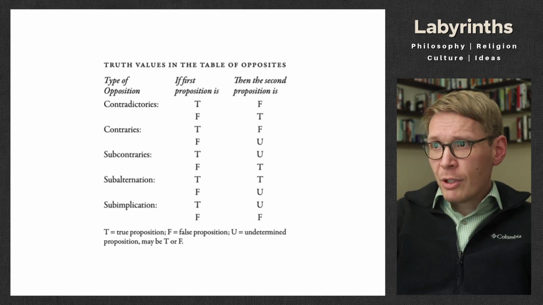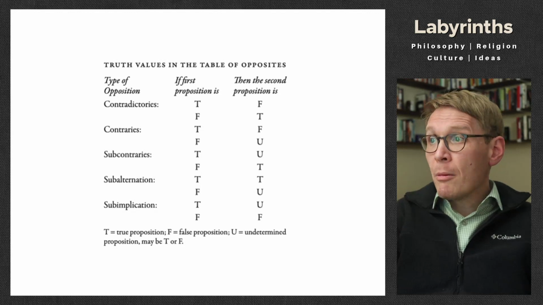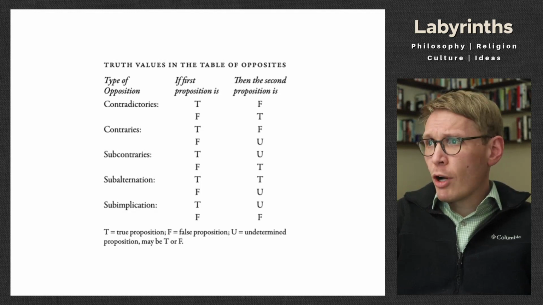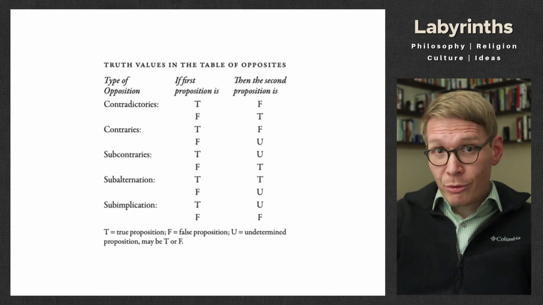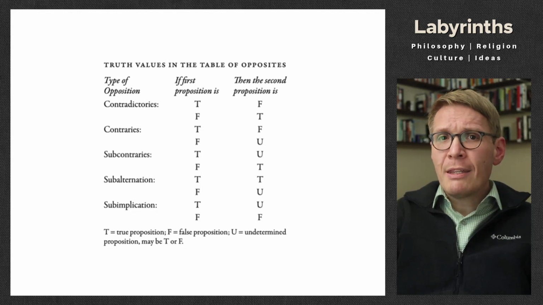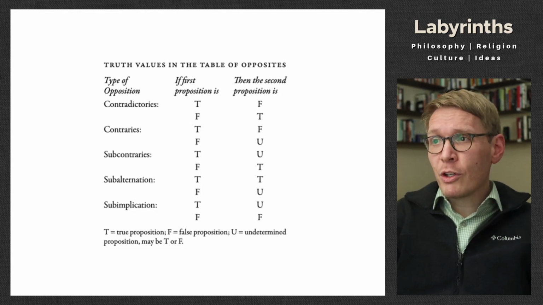Now, that's a little different, just briefly we'll see, with the contraries, right? If you start with a proposition that is true and you go to the contrary of that, you can know that the second proposition will be false. Fine, right? But here we introduce a different element. If you start with a proposition that you know to be false, right? You've looked at the world, you've determined that this proposition is false, then when you perform this opposition,